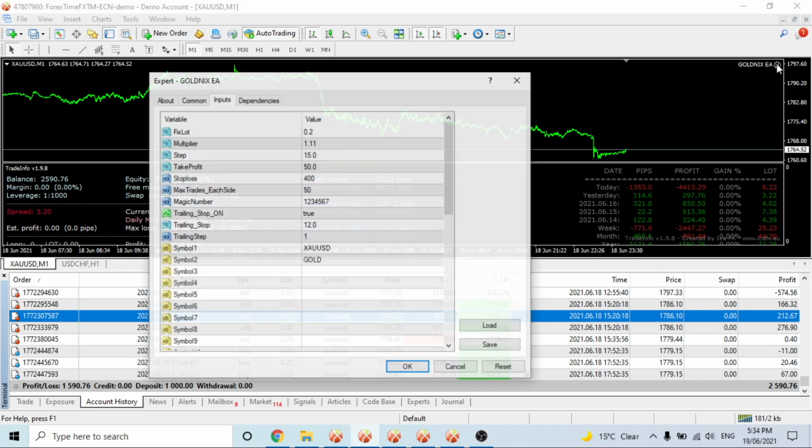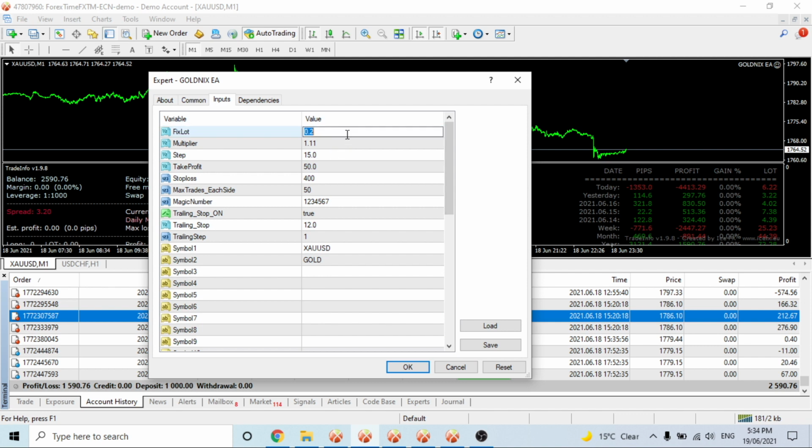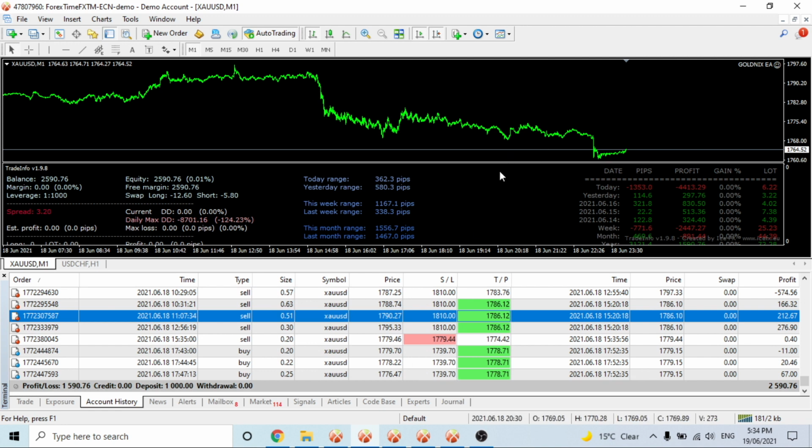But I did have the fixed lot size on 0.2, so I'll put it back to 0.1. It was making a fair bit. It was up to almost $7,000 that we got it to in, I'd say, the second month. So in 8 weeks, we turned $1,000 into almost 7K, and then lost 4,400. So essentially, we're still up,